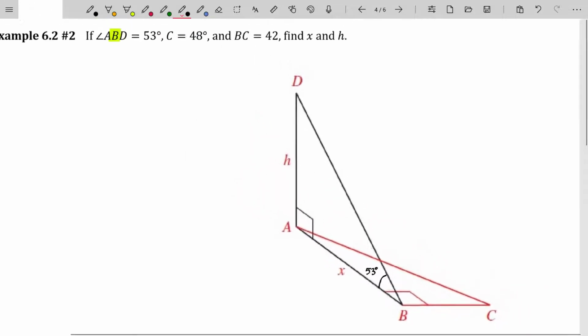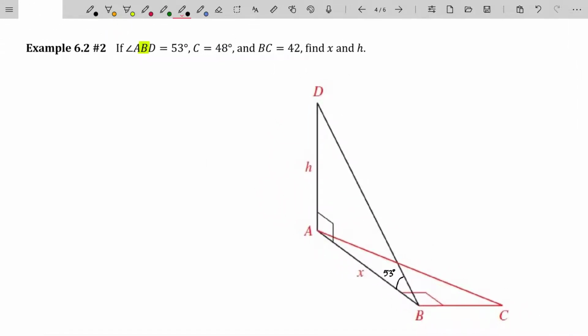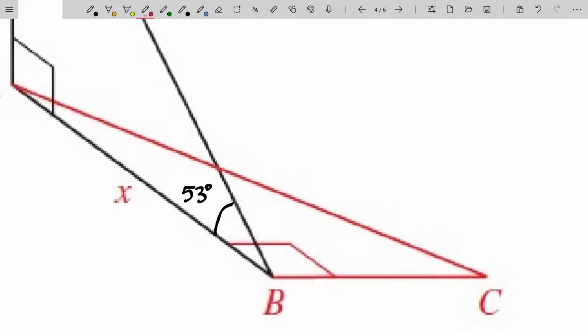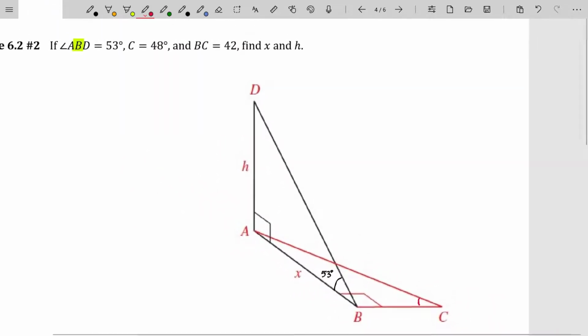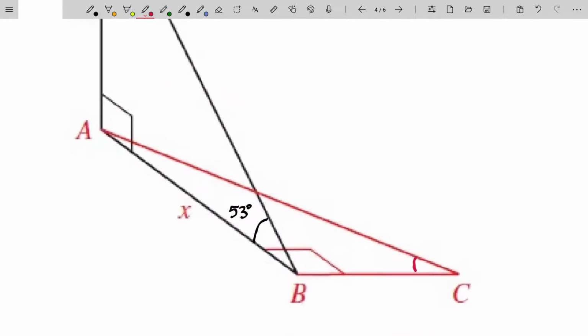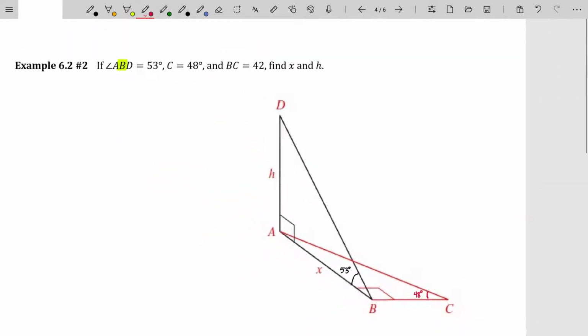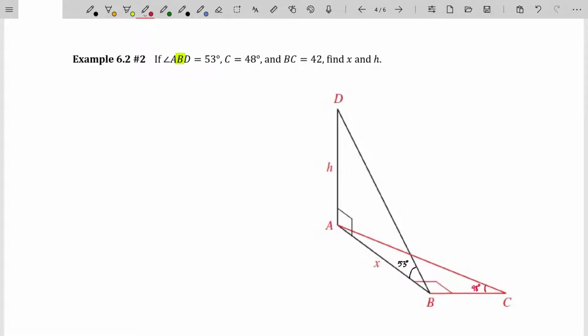And let's see, what else did they give us? That angle C, there's no need for angle C to be referenced as BCA or something like that, because it's not really attached to any other triangle. So this angle that's on the floor right there, they give us as 48 degrees. So I'll write that in there, 48 degrees. Always very important to label things out. And then side length B to C is 42. And we're tasked with finding